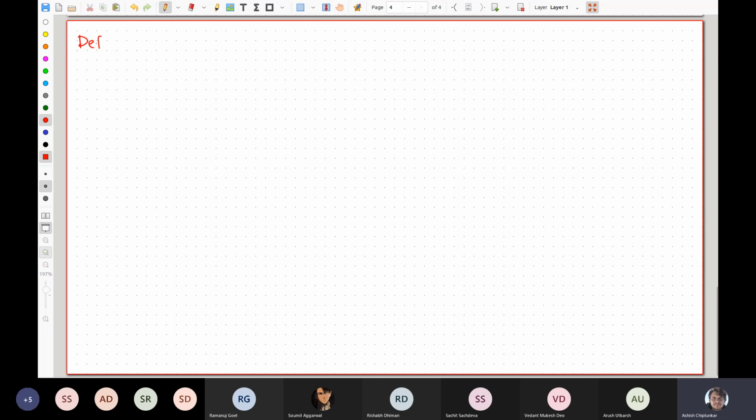Definition of Prufer sequence. Oh, by the way, I'm not sure whether you all noticed this color coding that I'm consistently using. I'm writing definitions in green, formal proofs in blue, claims in red, and everything else in black. And then I'm using the other colors as and when I need. Right, so I hope that helps.